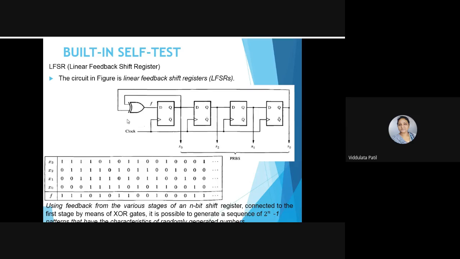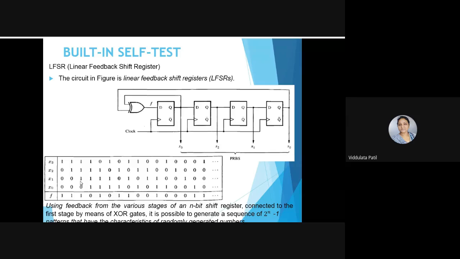Because 0 1, F will be equal to 1 and that is why X3 will remain as 1 only. So we will get a pattern that is 1 1 0 0. In the next cycle now X3 will be shifted to X2, म्हणजे X2 1 होईल, X2 will be shifted to